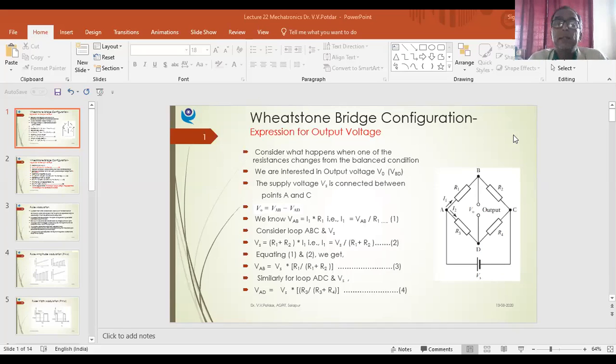That's what we discussed, and we saw the condition for initial balancing. And today we'll try to derive the expression for output voltage. Okay. Please be attentive. Take a piece of paper. Draw Wheatstone bridge circuit quickly. Draw the sketch. Take a pen and paper, so that simultaneously we'll do the simple derivation. We'll do the derivation part of it.